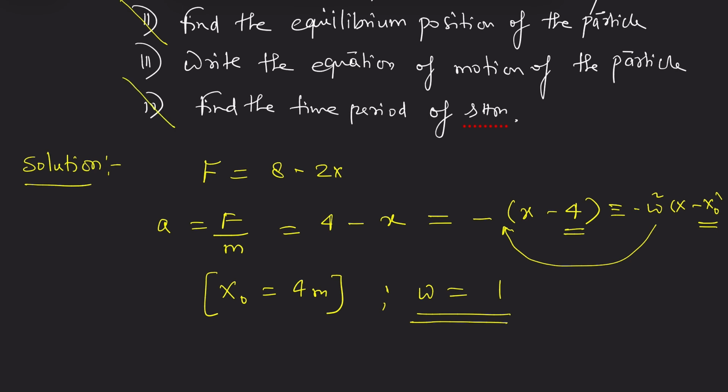So if we got omega, finding the time period is very easy. First let's find out the time period, then we will go to the third question. So T is equal to 2 pi by omega. So it will be